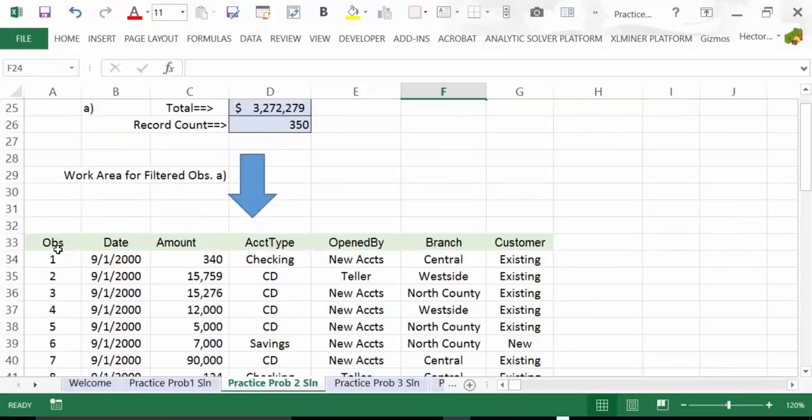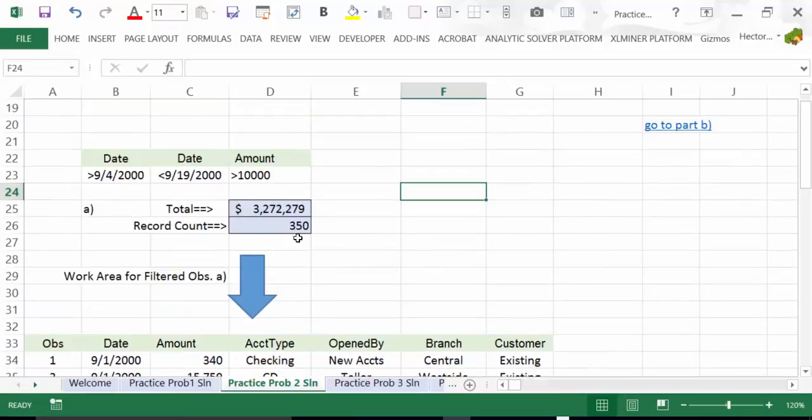I select some of the filters or the field areas for the purposes of filtering, and I've selected date. I selected it twice. Why? Well, because I want to select dates between 2 independent dates. So I need 2 values of date. This one gives me all the values that are greater than 4, 5, 6, 7, and there's an anding situation here, and all the values that are less than 9/19 and greater than 10,000, so 10,001, etc. So anything that's on a line is anded. This and this and this. So let's perform that